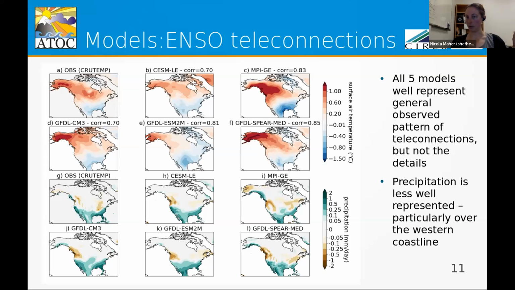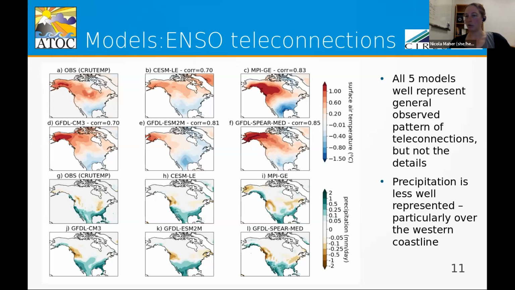And the top left is always observations. And then for each of the climate models, or each of the 5 SMILEs, I'm showing you the ensemble member that has the highest correlation with the observed temperature teleconnections. Okay, and so if you look at the red and the blue, or the temperature teleconnections, you can see that